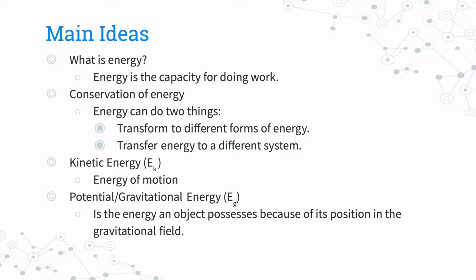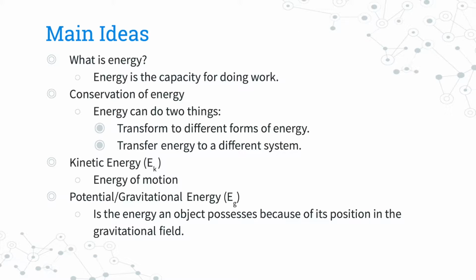What is energy? Energy is the capacity for doing work. Conservation of energy. In the system, energy can do two things, either transform to different forms of energy, such as heat, or transfer energy to a different system or object within the system. Kinetic energy is energy in motion, and potential energy is energy an object possesses because of its position in the